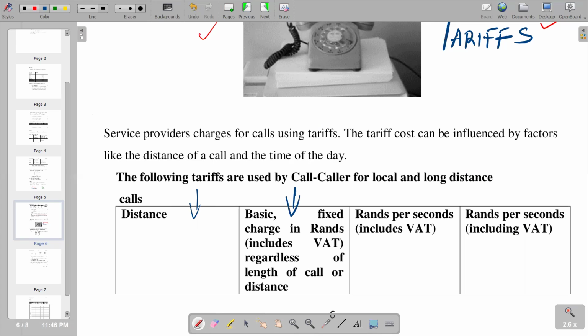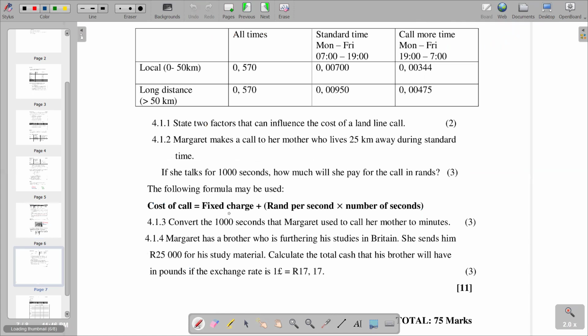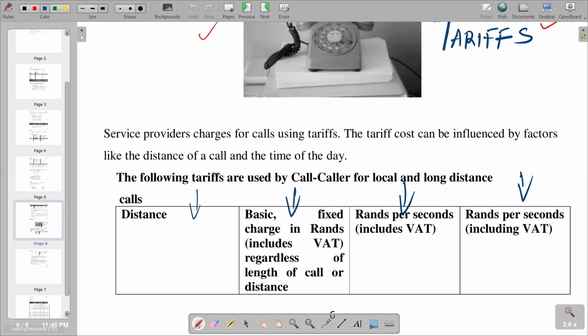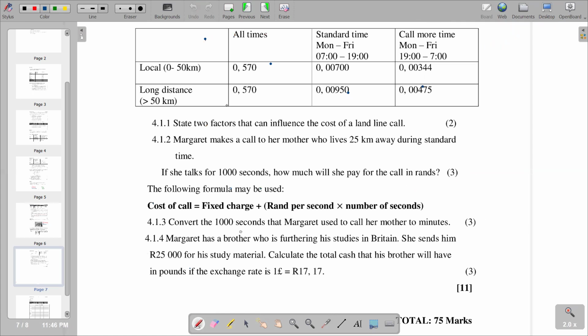Then moving on, rands per second includes VAT. And then in the last column, rands per second including VAT. So this is what we have in terms of the columns. We've got a continuation of the table on the following page, with our first column, second column, third column, and fourth column, depending on the headings. So beneath our table, the first question reads,